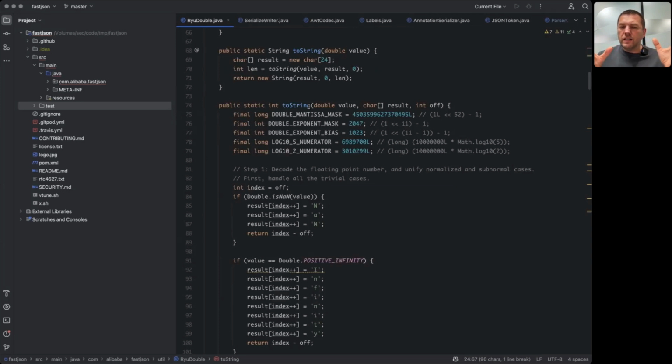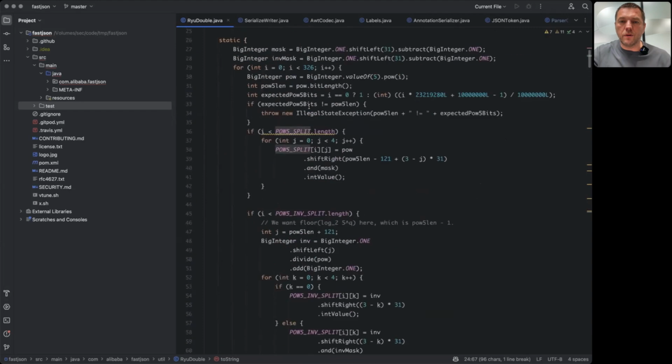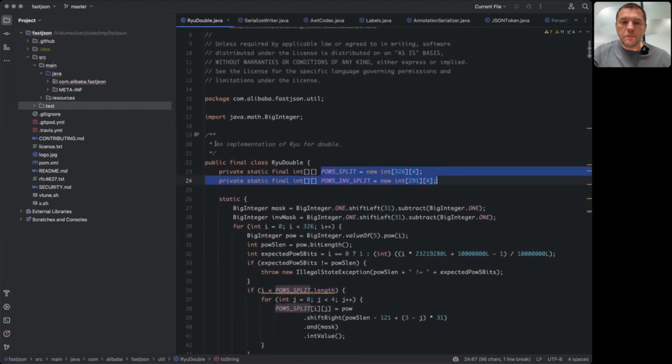So I cannot really see that these things belong to each other. It's just randomly placed, or maybe not randomly, but it's not clear to me. The intent of the programmer is not obvious. Because the classes in object-oriented programming, or objects, are supposed to be abstractions of certain things, like we discussed on the first lecture. Abstractions of certain things. So what exactly is this an abstraction of? Of an implementation of Rue for double. Anyway,